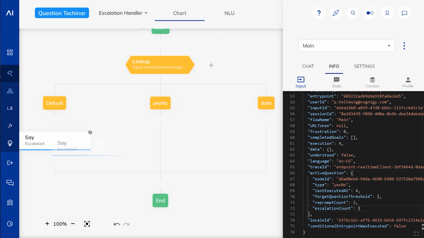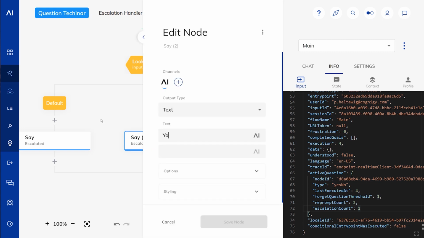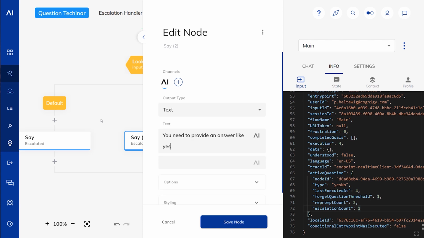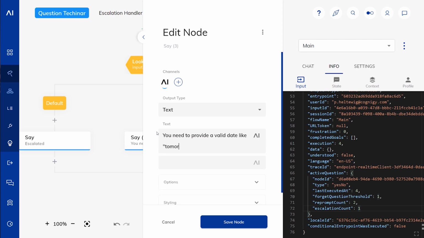So let's try that out. You need to provide an answer like yes or no, please. And here we could say you need to provide a valid date like tomorrow, please.